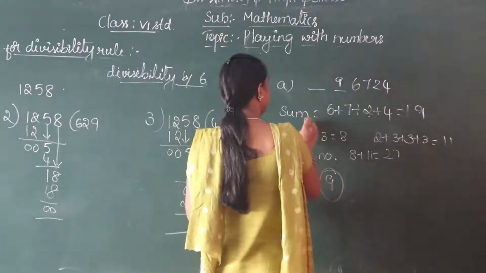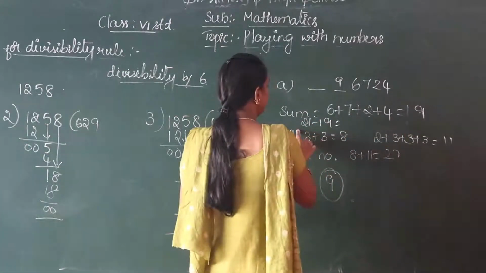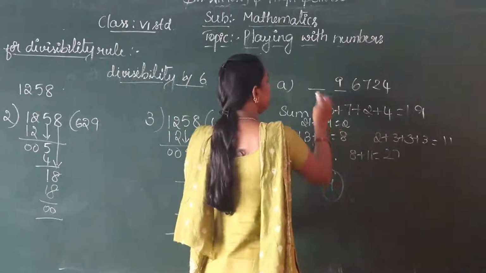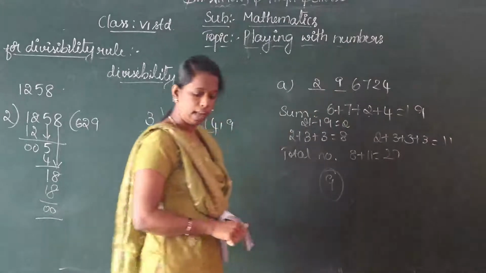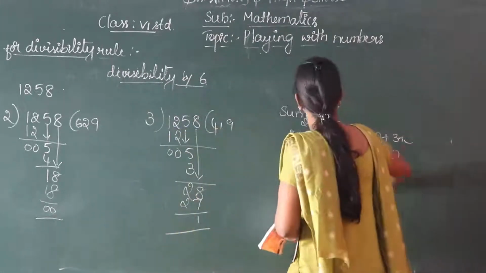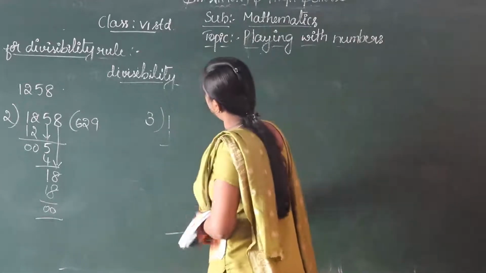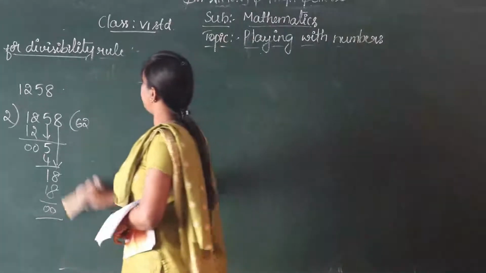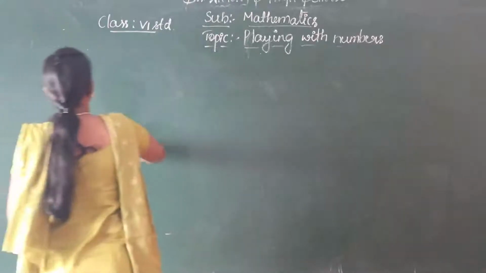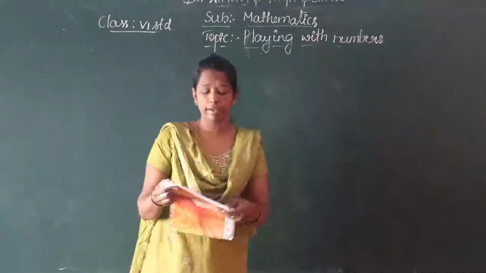So for the differences we get 21 minus 19. After 19 you get the number 21. 21 minus 19 you get 2. So the smallest number is 2. Like that you have to calculate all the sums in the textbook. So if it is divisible by 3, 3 means what? The given number is divisible by 3. Children, all the sums are in there. Solve in the classwork. So check once and write down.